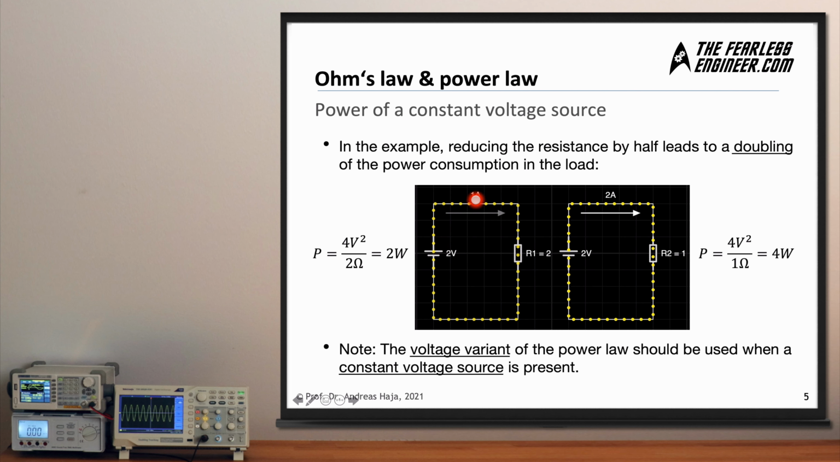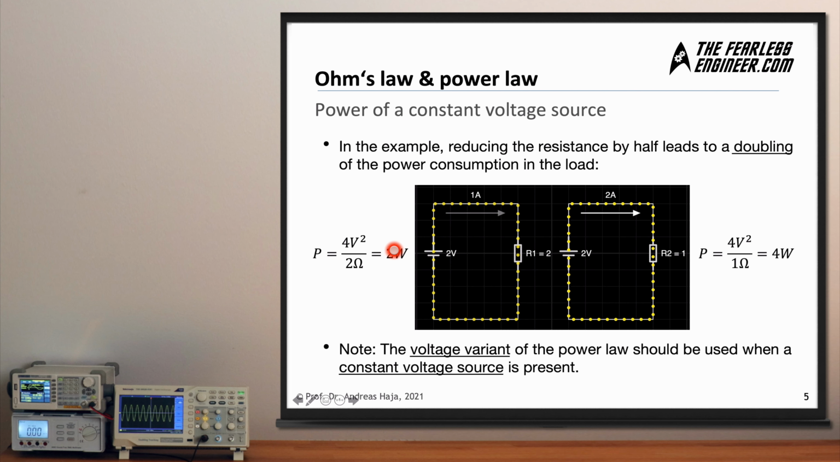Then we have a current flow of 1 amp and we have a resistor of 2 ohms, which means we can use the power law combined with Ohm's law to use the voltage squared, which is 4 volts squared, divided by the resistance value, and we can then easily compute the power consumption of the resistor, which is at 2 watts in this very